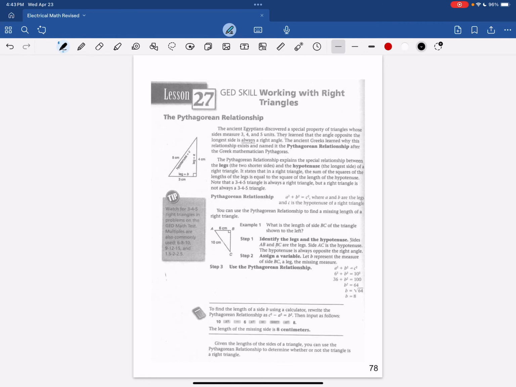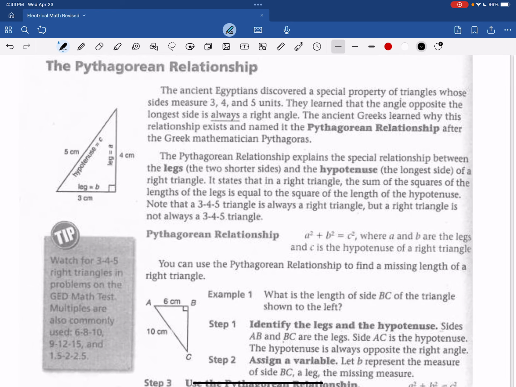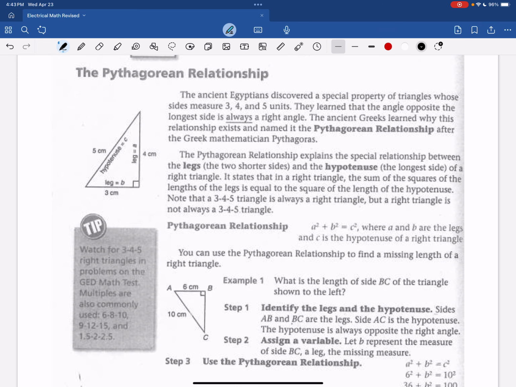I'm on page 78. This is a copy of a very old GED math book, but it does a great job explaining the Pythagorean relationship, or the Pythagorean theorem. The relationship is actually what the story's about, and I'm not going to read it to you. You can read it if you're interested. But I wanted to include this page not only because of the good information, but it also gives you